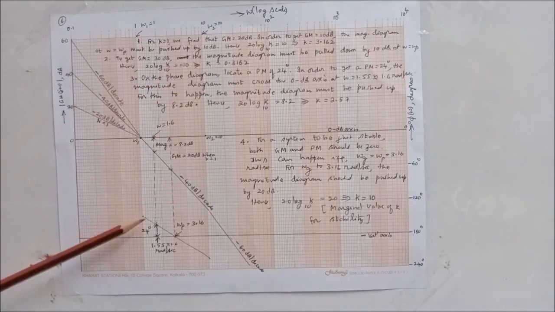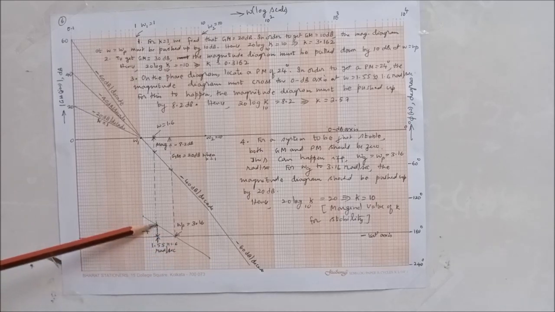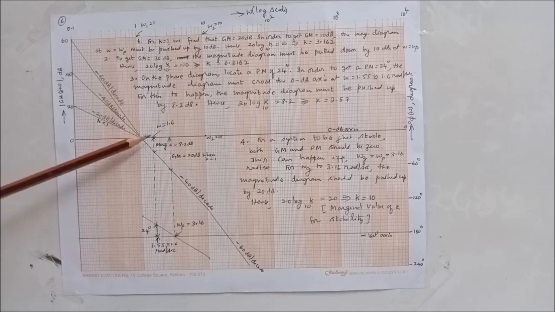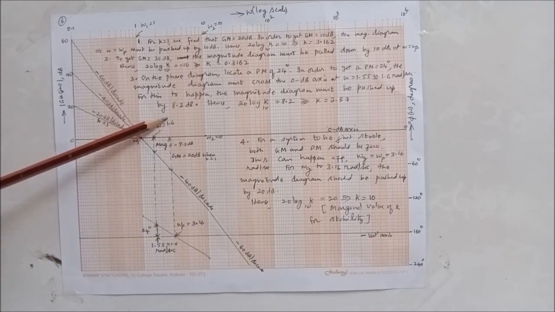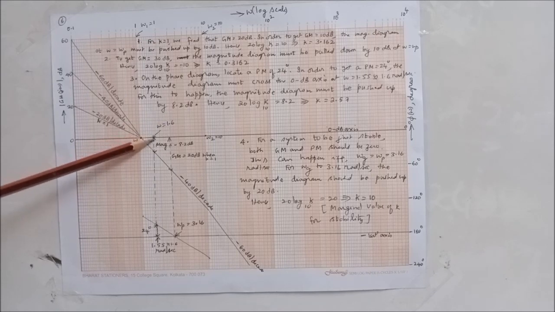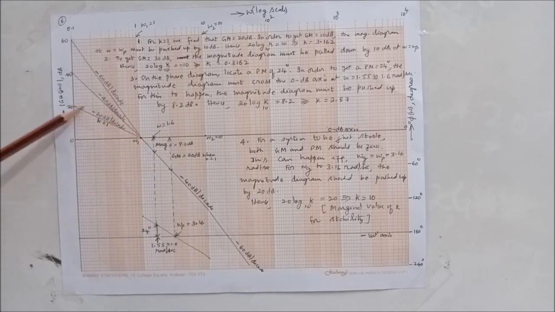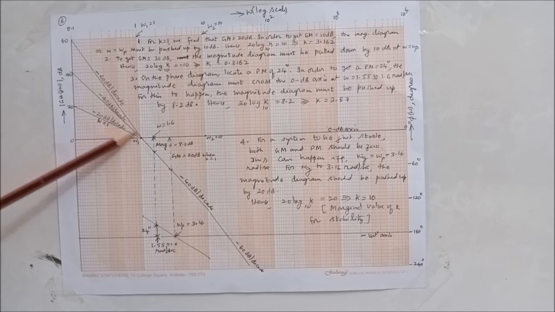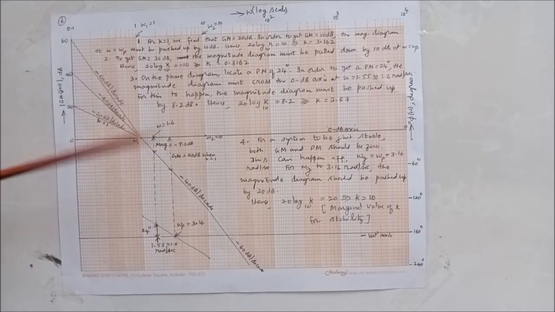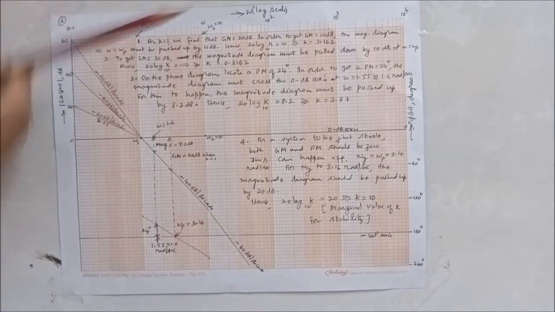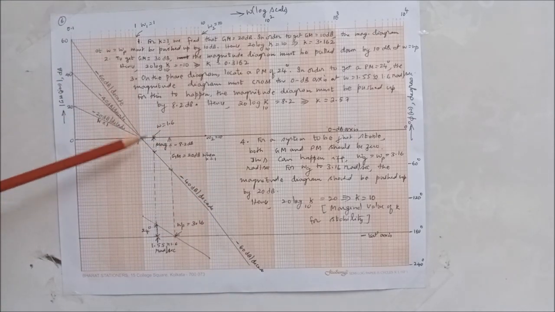Third part, on the phase diagram, locate a phase margin of 24 degrees. This occurs at roughly omega is equal to 1.6. Actually, it is 1.55. I have taken it as 1.6. This magnitude is minus 8.2 dB. In order that the magnitude diagram with k equal to 1 crosses through this point, the magnitude diagram should be pushed up by 8.2 dB.